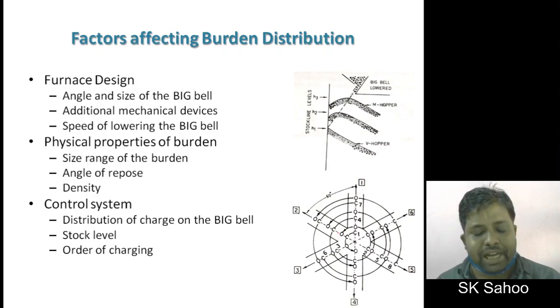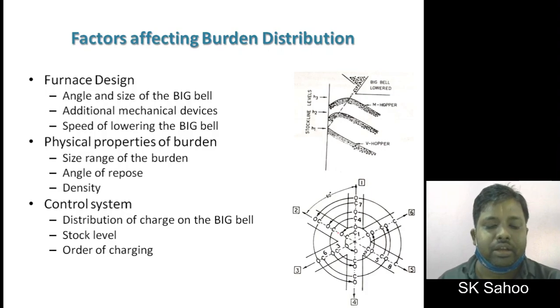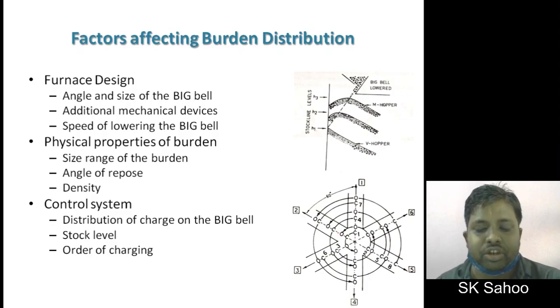We use various materials inside the blast furnace like iron ore, flux, and coke. Iron ore has a density of 5 to 6 gram per cc, whereas coke has 1.5 and flux has 3 to 3.5, which are quite different. Since the raw material density values cannot be altered, the size may be chosen such that their difference in rolling tendency is offset to some extent. From this point of view, agglomerates are more preferable to lump ores.